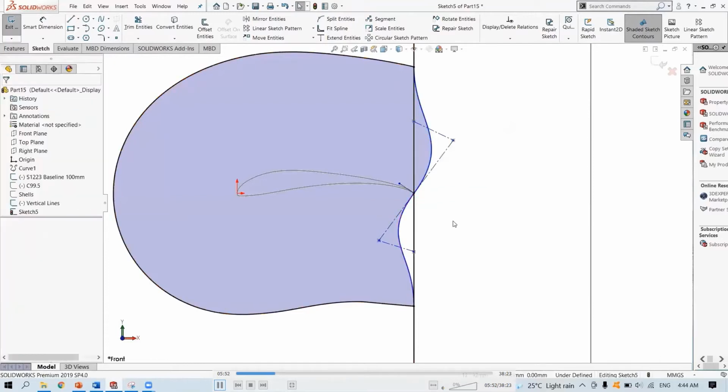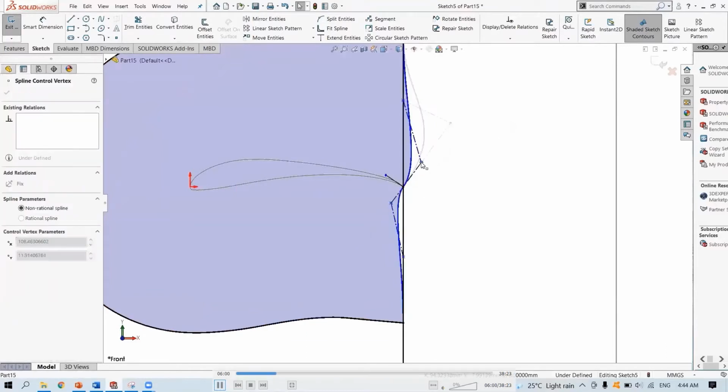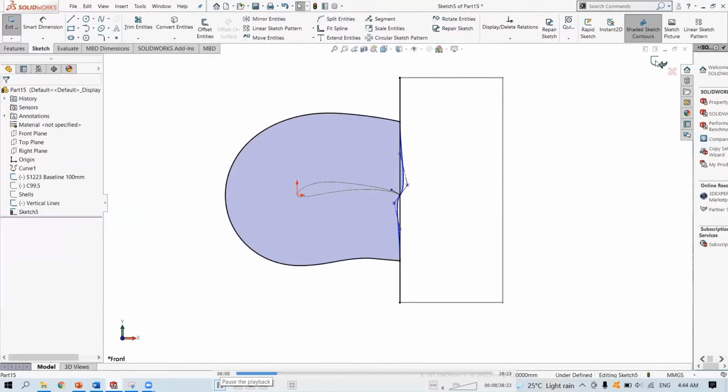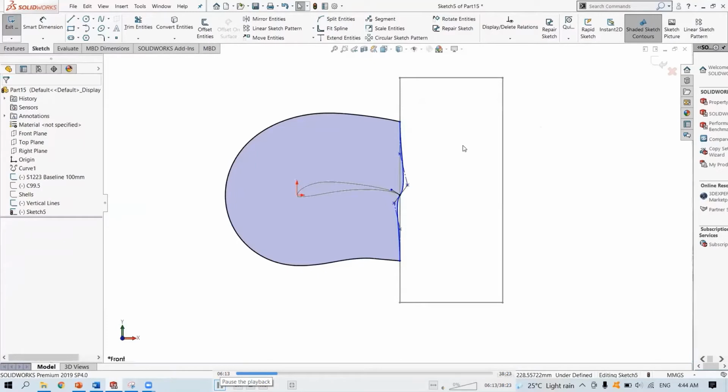Now we can easily adjust the control. Just make sure that this part over here is actually vertical. Just now I snapped it to this vertical line so that it's automatically vertical. Okay, let's move on. Exit the sketch. Or maybe you can just do this first.